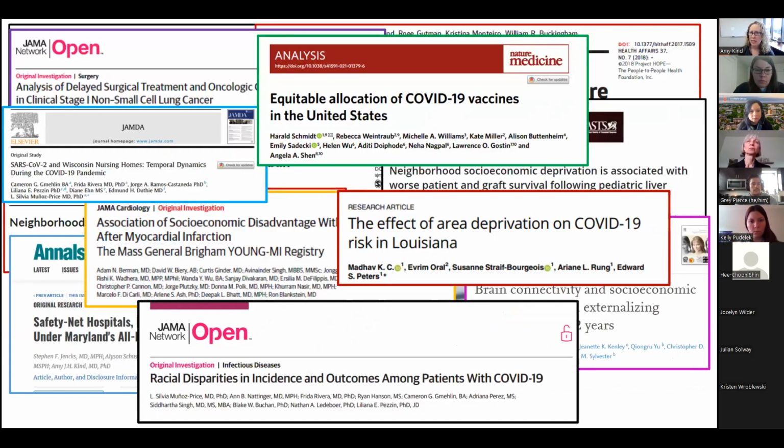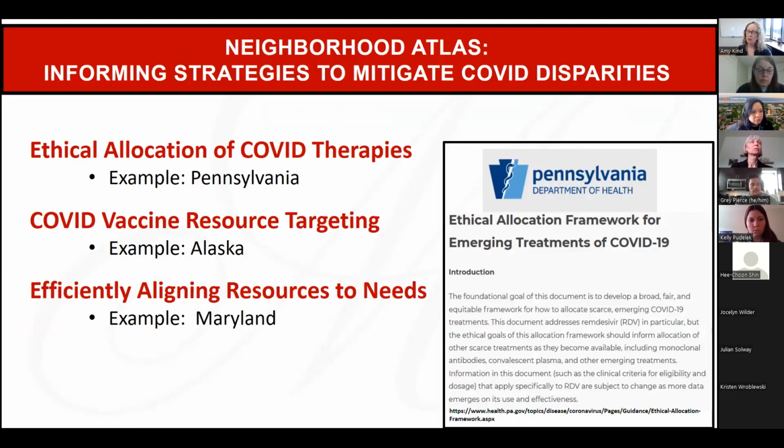During COVID, it's been very, very popular in the last 2 years. And this is where I'm just so pleased to see so many translations to real world policy. So the metrics on the Atlas have been leveraged by a number of state and federal policy groups during the COVID pandemic. You all probably are well aware of the SVI and some of the other metrics that have been leveraged. Lots of reasons why a different state might choose ADI, but many of them have.